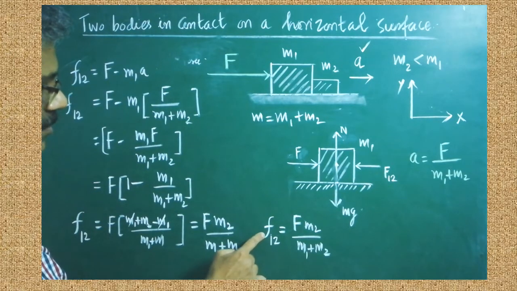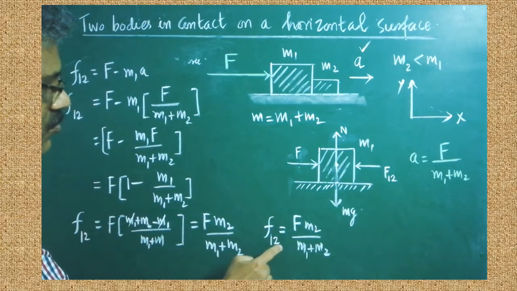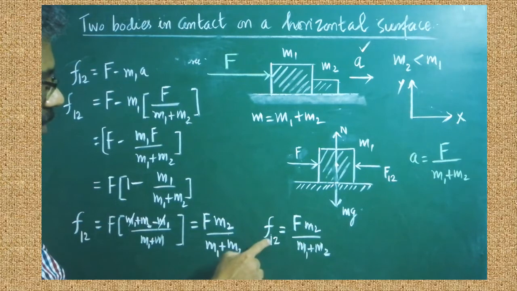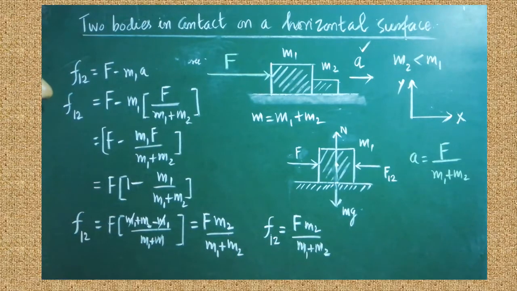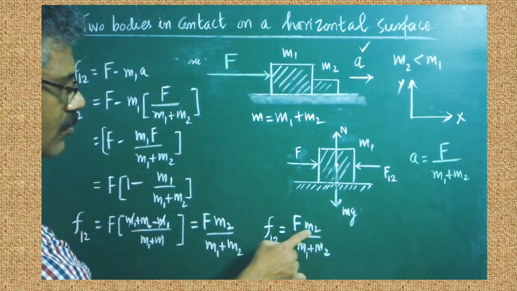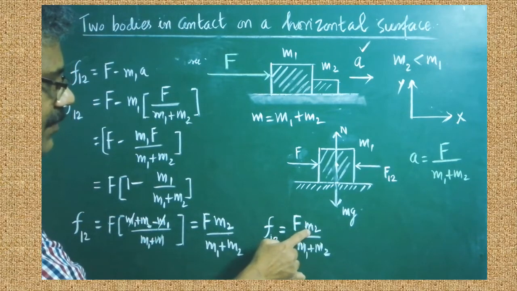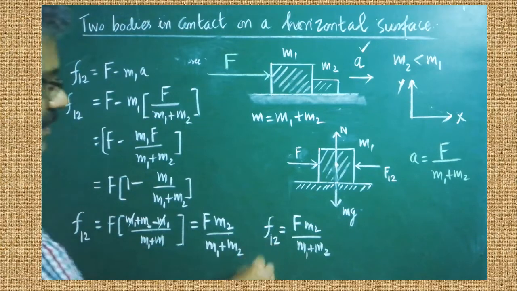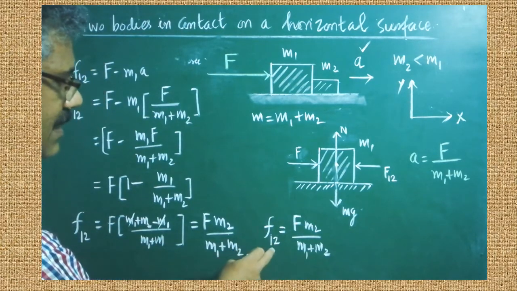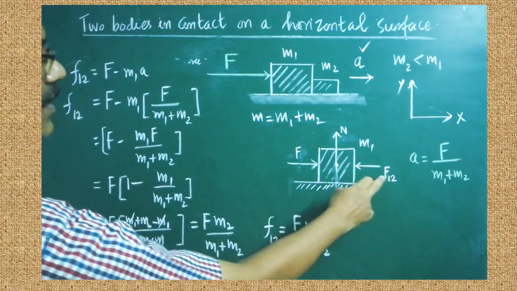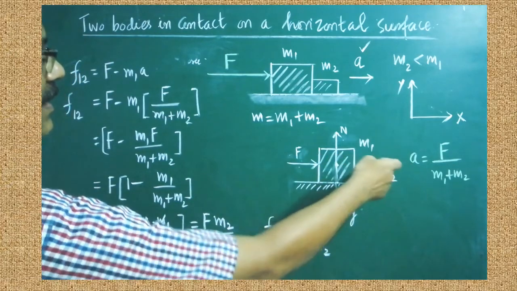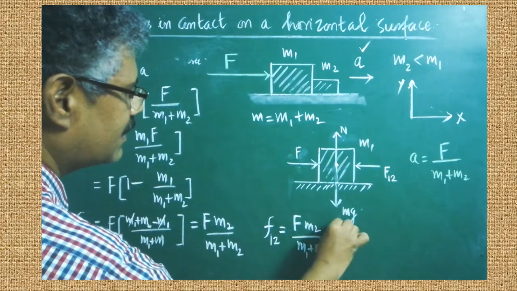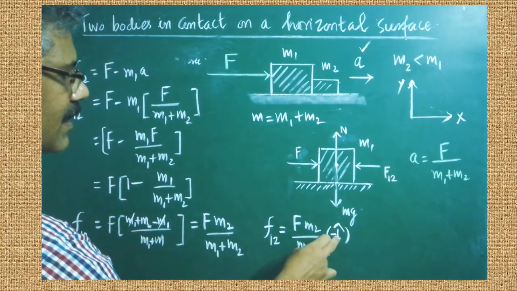Which force? The force acting on the first mass due to the second mass. With the help of this, we are able to calculate the magnitude of F12. Are you clear? So F12 purely depends on which factor? The mass of m2. So the mass of m2 plays a vital role. We will see in which direction this one is acting. Look at the diagram. F12 is acting along the negative x-axis. Therefore, we have to write minus I cap here. Minus I cap must be written.